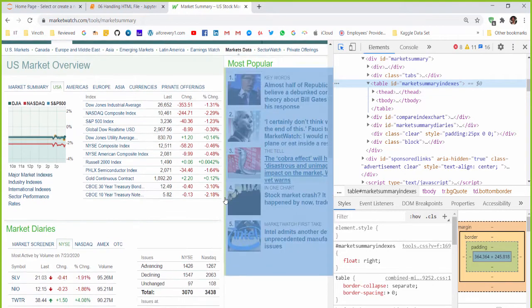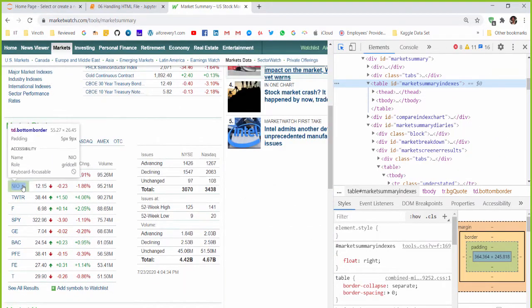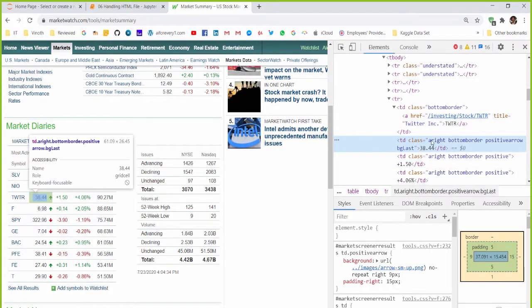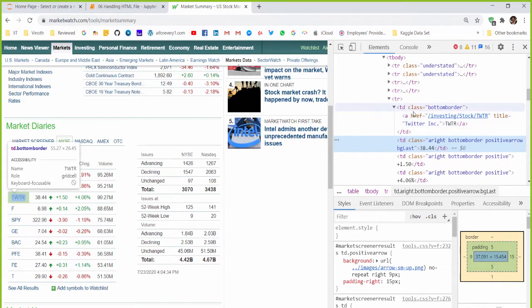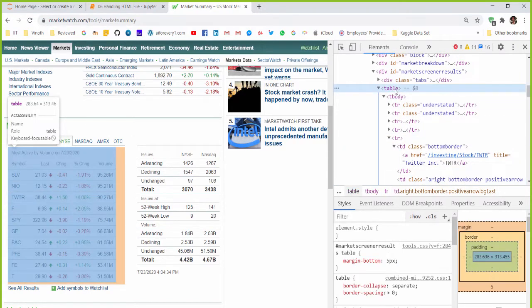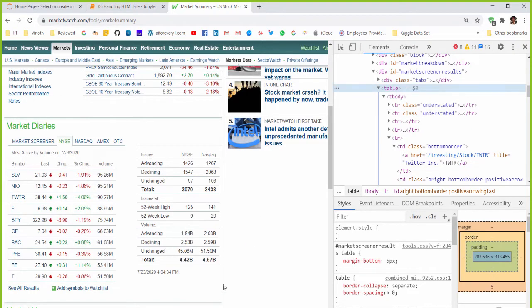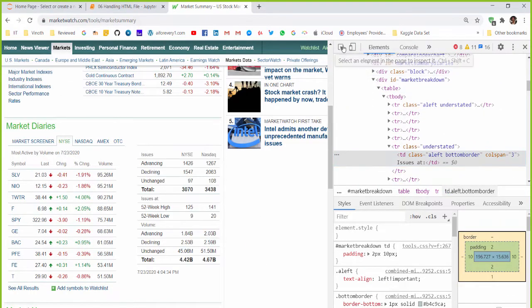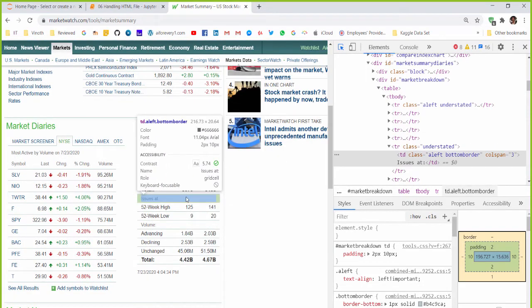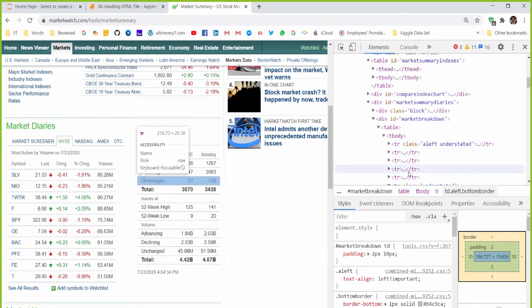In the same way, scroll down, keep the mouse above it, right click, and inspect. It will take you to the respective tag on the right side. Just scroll up and you will see the table tag. So for this table, same way, inspect. If not, you can directly click here and mouse over each element to identify it.